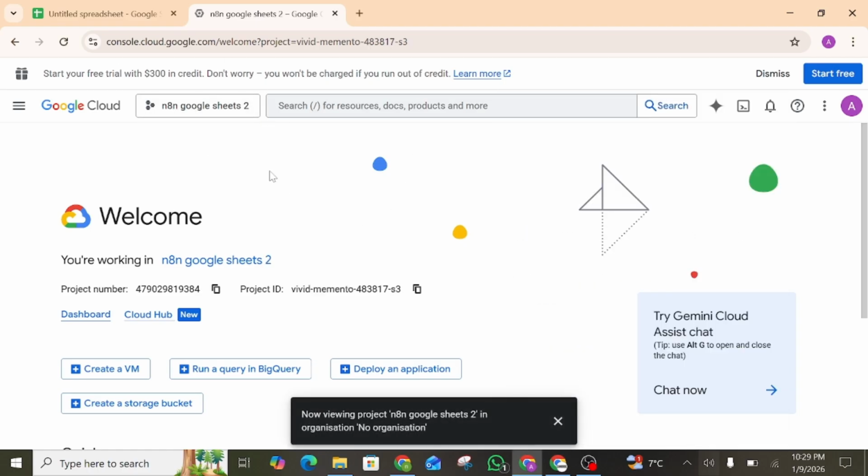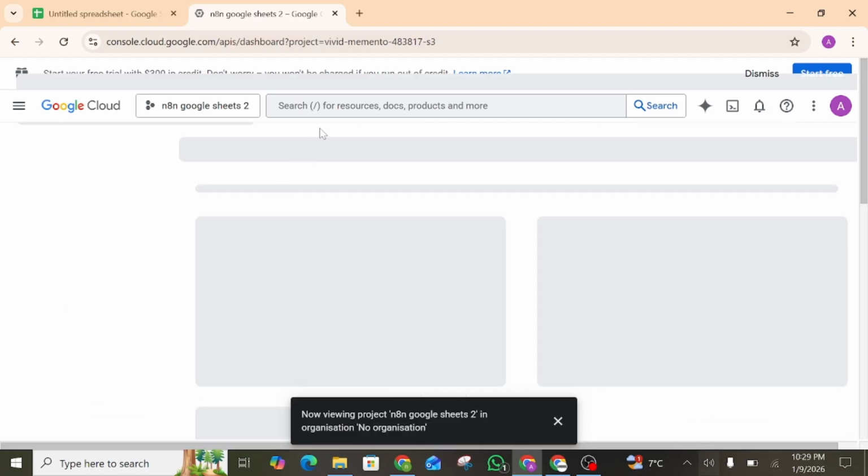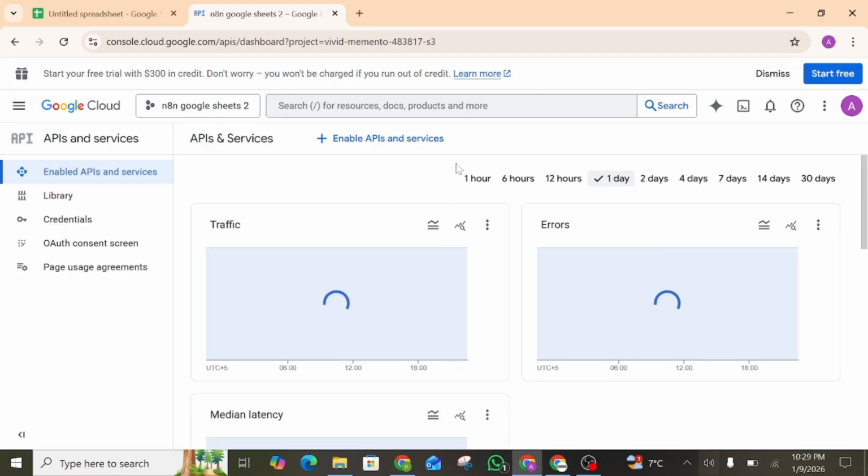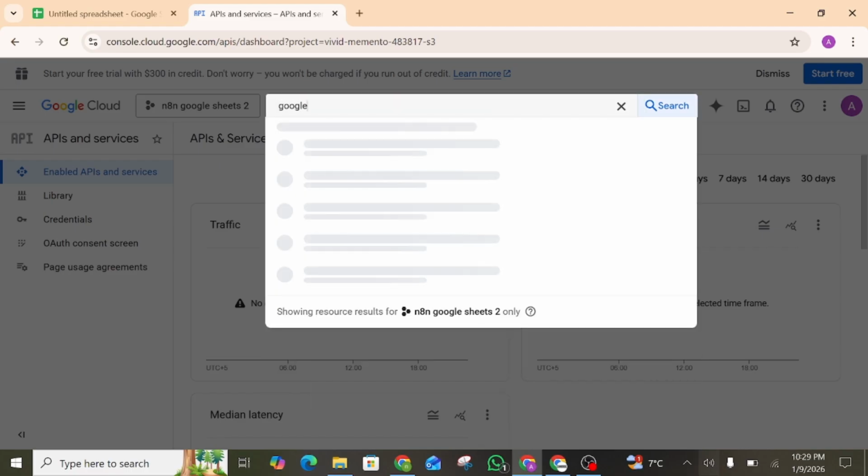After creating the project, go to APIs and services and you have to enable two APIs. One is Google Drive API and the second one is Google Sheets API. If you have not enabled, search for Google Sheets API.